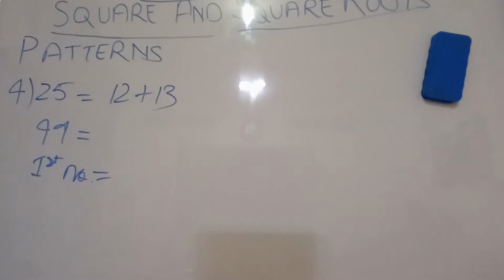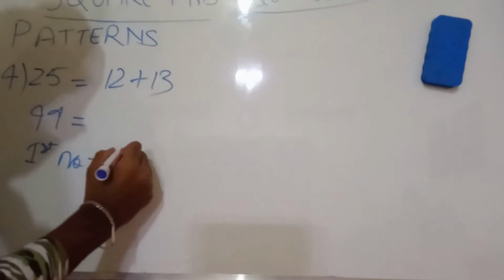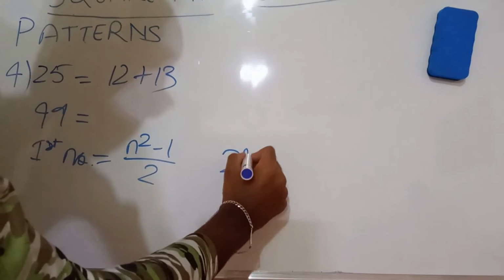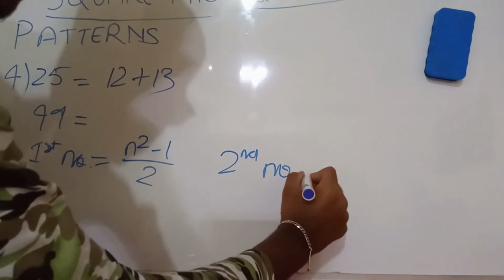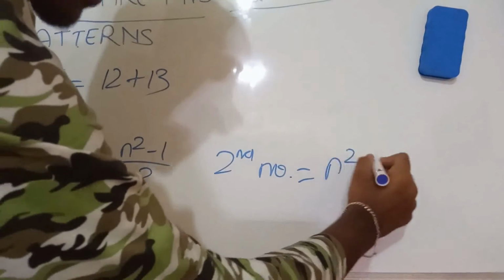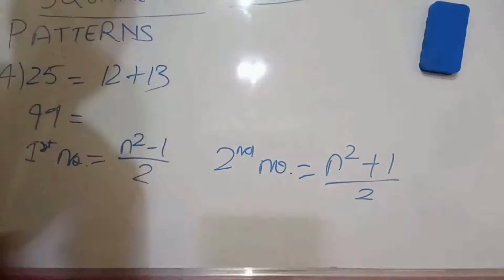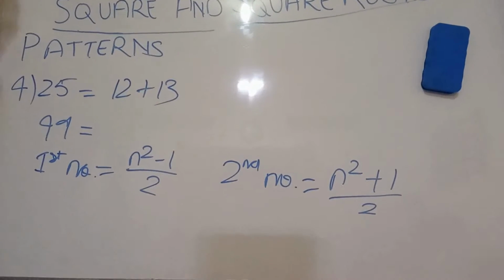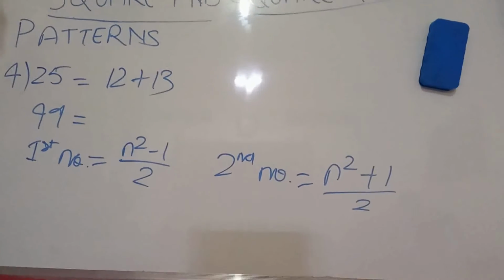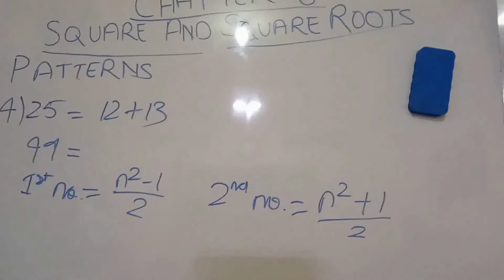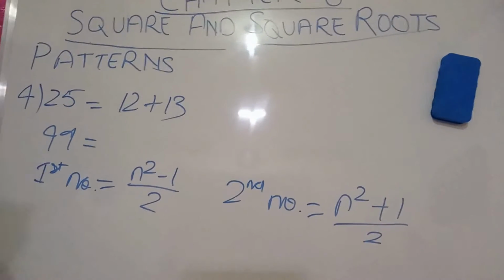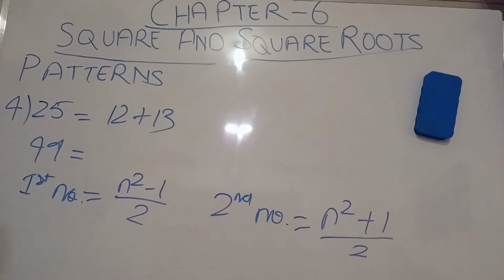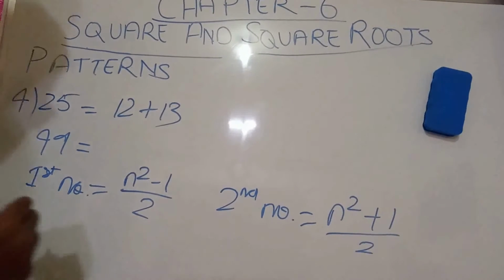If we want to find the first number, we have to do (n square minus 1) by 2, and if you want to find the second number, then we have to do (n square plus 1) by 2. And what is n here? n is the number given to us. For example, if it is asking you to find the consecutive numbers being added for 5 square, 5 square is 25, so it will be